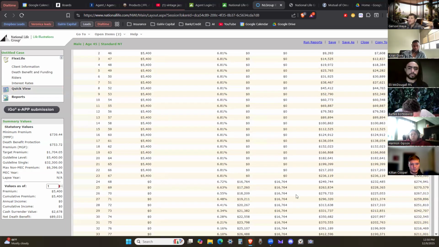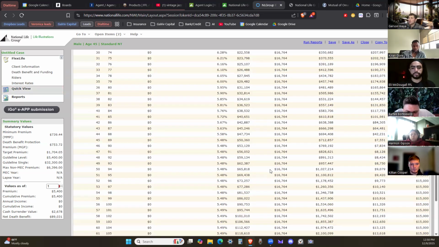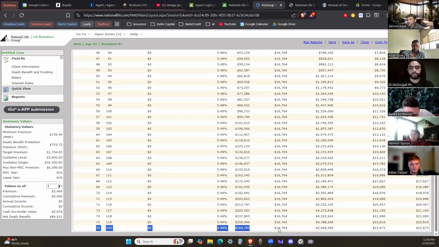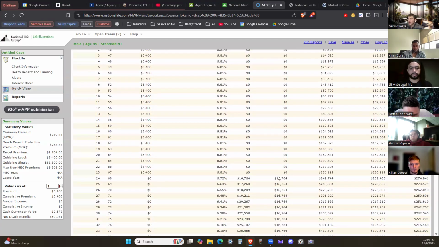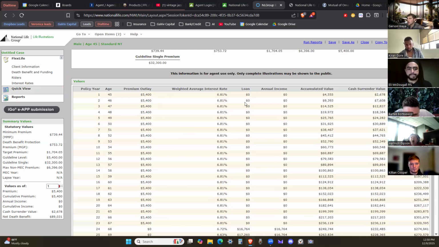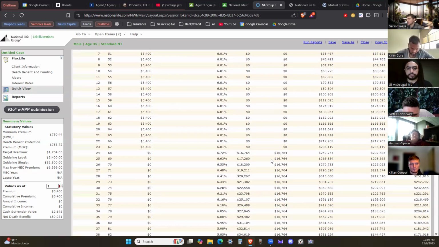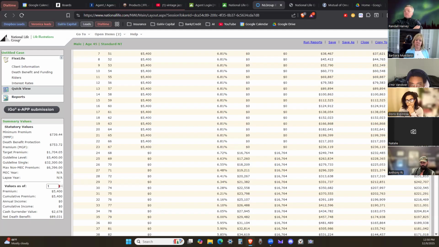Okay. So they would have a tax-free stream of income for the rest of their life, guaranteed, no matter if they live until 120 years old, guaranteed $16,764 a year, just based off of $5,400 a year, 6.8% growth. They would have a $16,000 a year income tax-free off of this policy. That is a little under $1,400 a month, or just about $1,400 a month. How many people have you spoken to on the phone in the past couple days that make less than that a month? Everyone should basically be raising their hand, unless you're only dealing with some special leads that you should put me onto.